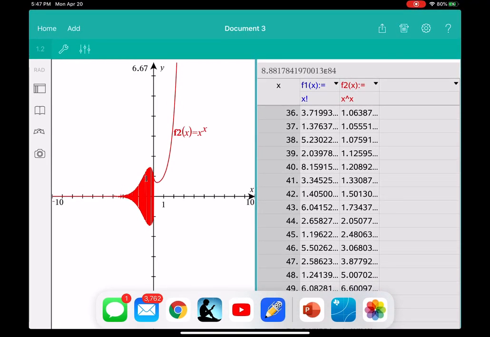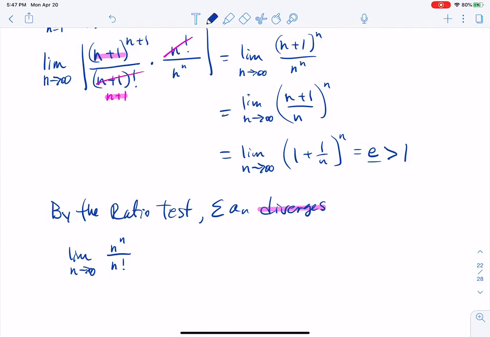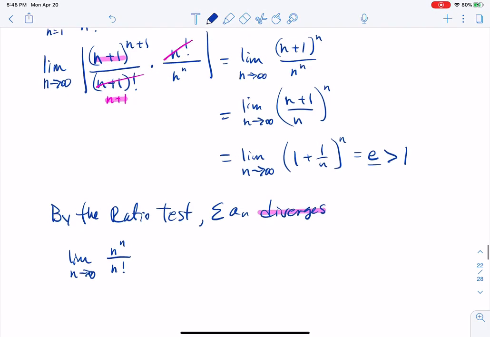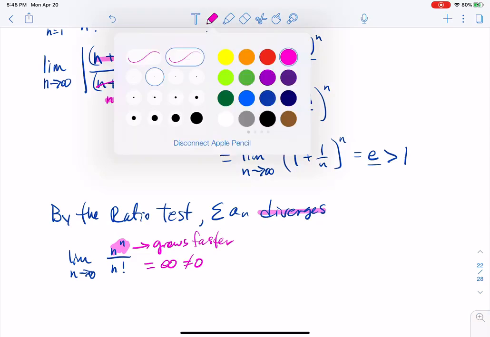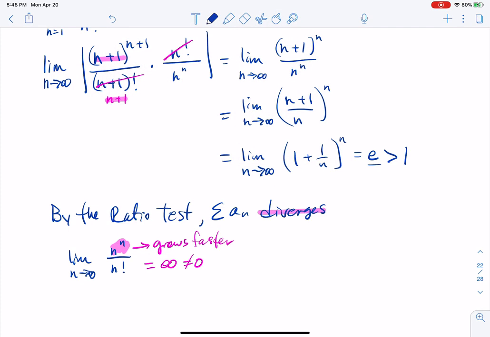In terms of the limit, we had graphical, actually tabular, evidence that this thing grows faster, which means that this limit is equal to infinity, which is not equal to 0, so it diverges by the nth term test for divergence. Another way to have looked at that particular problem